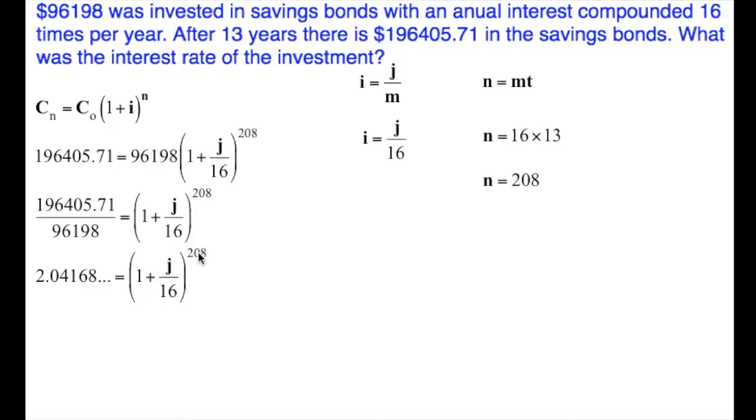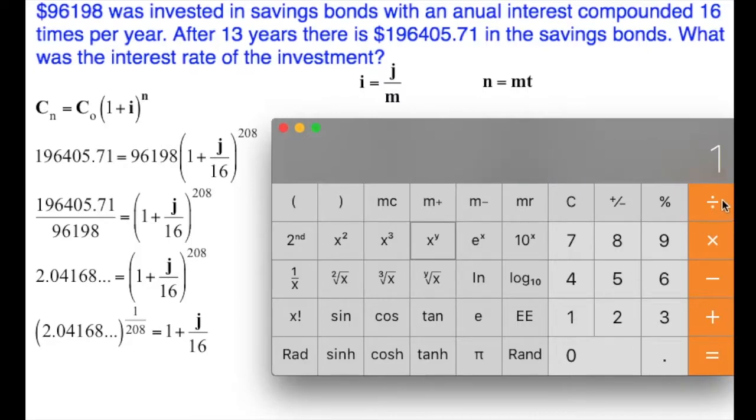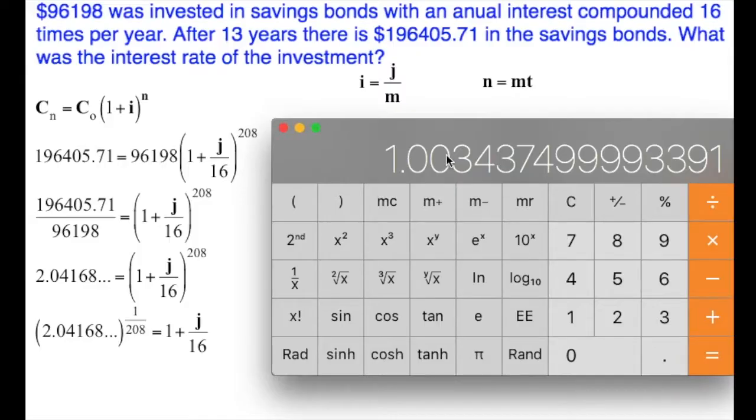I can get rid of that 208 by raising this side to the 1 over 208. If I raise the right-hand side to the 1 over 208, I have to raise the left-hand side as well. When I raise the right-hand side, it cancels, right? So I'm just left with the 1 plus j over 16. On the left-hand side, I have 1 over 208 as the exponent. Take this number, and we raise it to the exponent. I need the bracket to do that: 1 divided by 208, close the bracket, equals